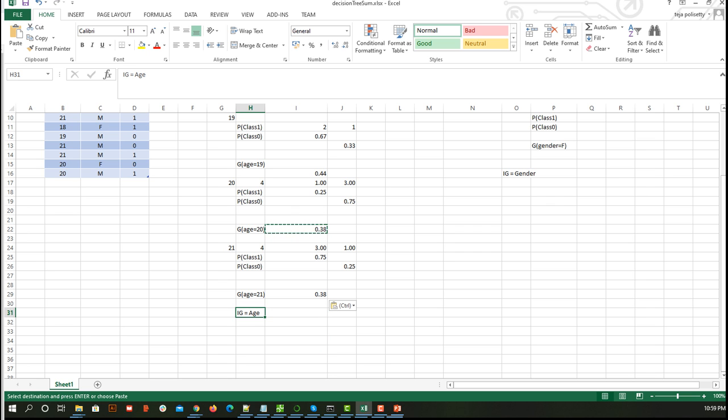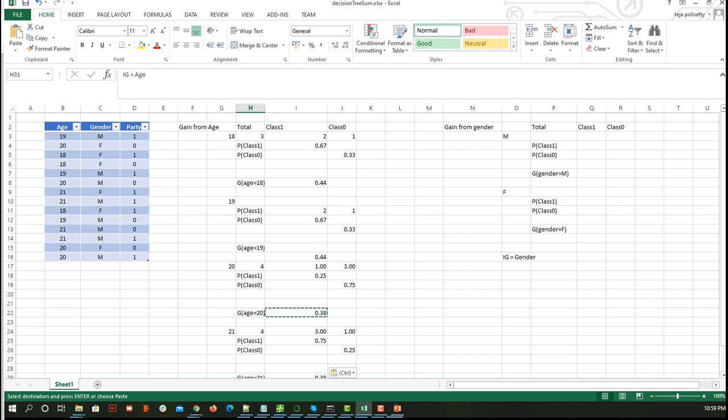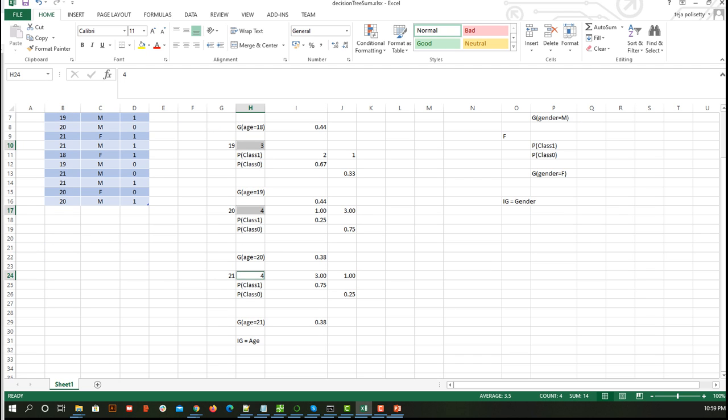Now finally we have to calculate the information gain we are getting from all these impurities. How we are going to do that is with something called a weighted average. So far we have done each category of age. Now we are going to consider the complete age column, which means we have to consider all the values under age. How many members do we have? 3, that is 6, then 10, then 14. So we have 14.